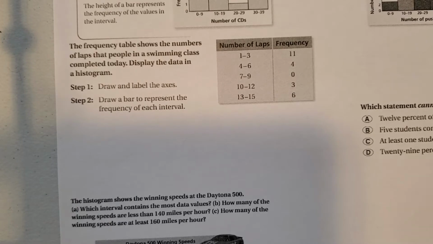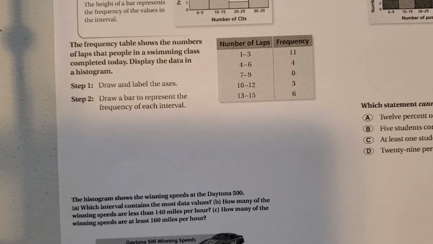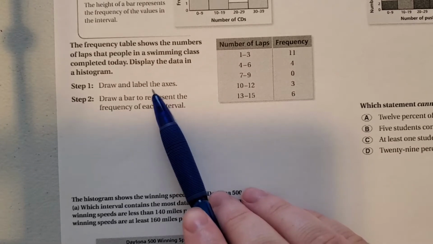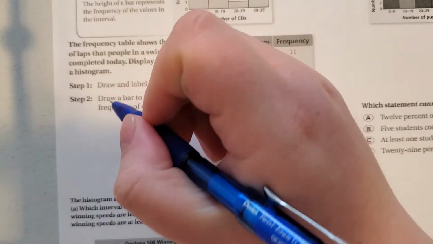The frequency table shows the number of laps that people in a swimming class completed today. Display the data in a histogram. So it kind of walks us through how to do it. First, it says draw and label the axes. So what we're going to do is